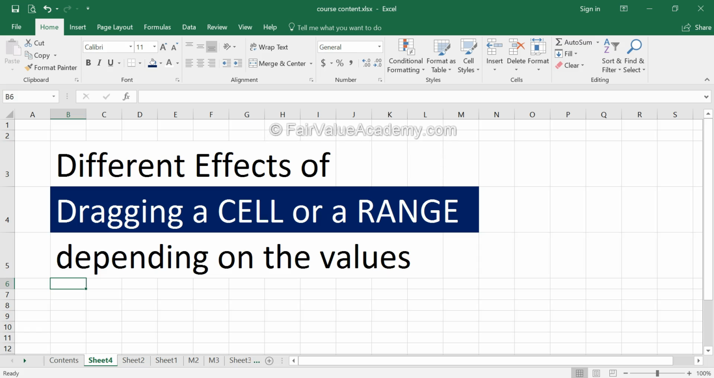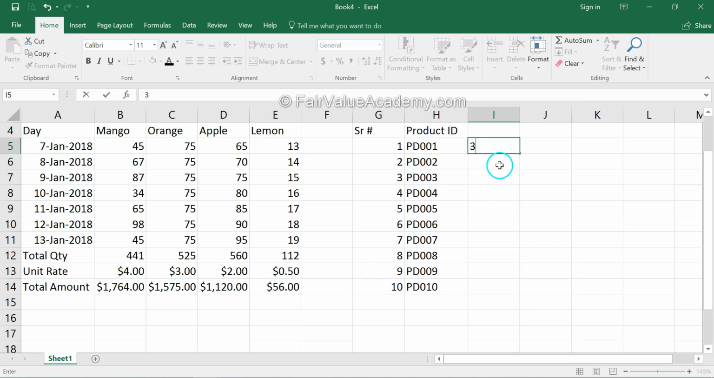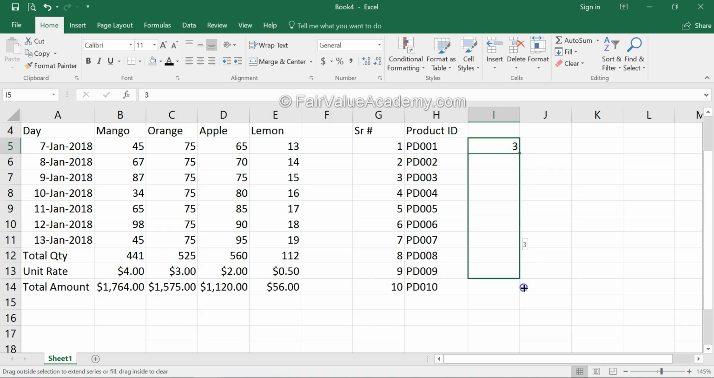Hello and welcome. In this particular session, we are going to learn what are the different effects of dragging a cell or a range, depending on the values inside the cell or the range you are dragging. When you drag a cell with a number, let's say I'm dragging a cell and this particular cell has the number 3, and when I drag only one cell with a number, it is going to copy the same number